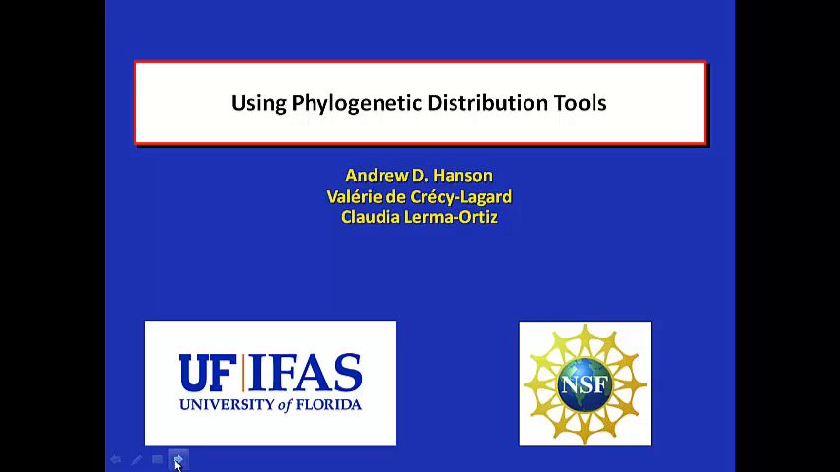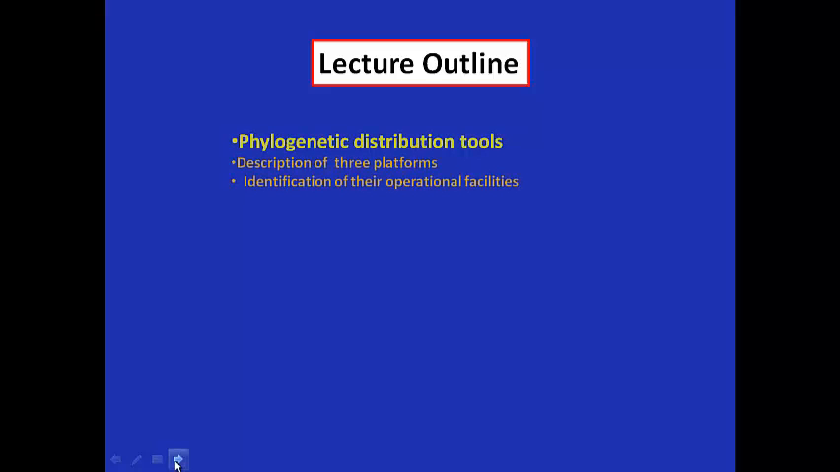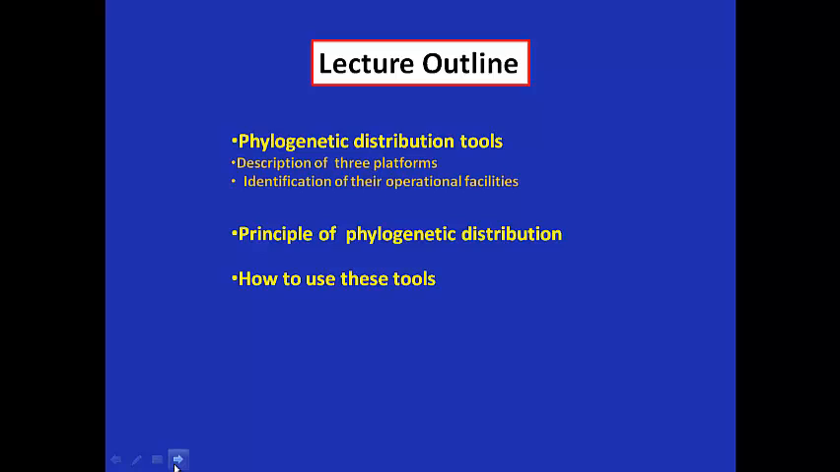In this lecture, we will describe briefly 3 platforms that offer phyletic analysis and identify their operational facilities. We will then proceed to explain the principle of phylogenetic distribution and give you instructions concerning the use of these tools for the search and identification of candidate genes coding for an orphan enzymatic activity in a well-defined group of organisms. In order to illustrate the application of these tools, we will give you some examples taken from the research